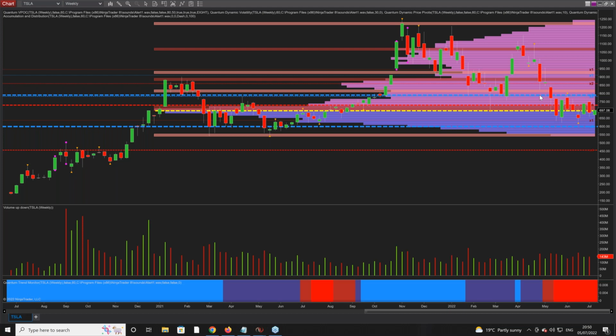As I say, this could be a 5-minute chart, for example. You could be a day trader looking at this, you're in congestion, you're waiting for a breakout, but you're not sure of the levels. That's what the indicator does. It builds these floors and ceilings, of resistance and support, and works in association with the VPOC when you're trading in these congestion areas. So what we're waiting for in terms of Tesla